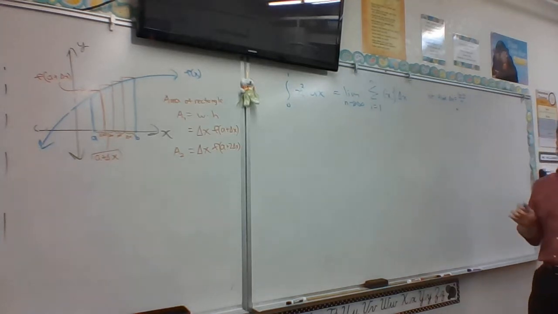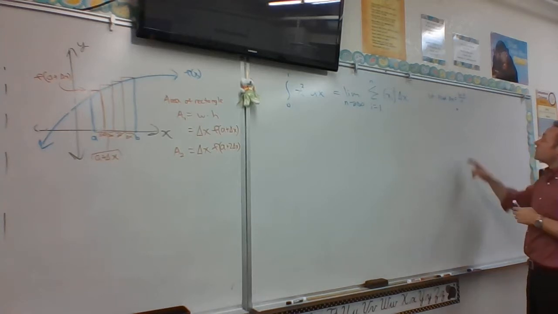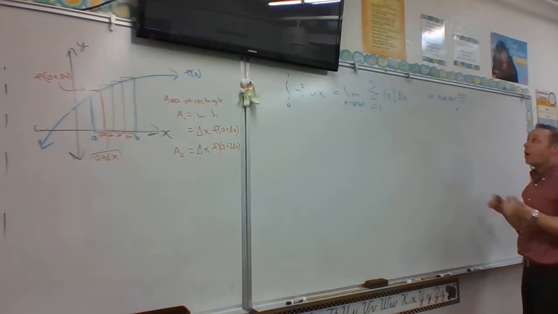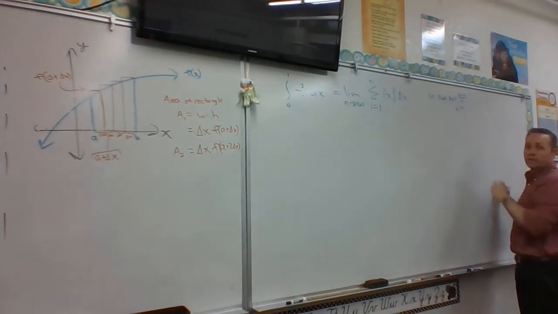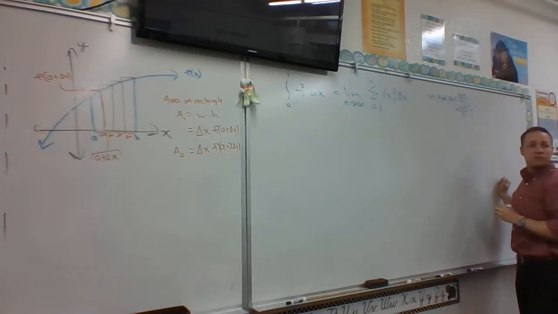No, it's going to be helpful to find x sub i. We have a separate formula for x sub i that you should have in your notes. Oh, this is the video. Yes. Sorry, they're right next to each other. So what's my b value? 1. What's my a value? 0. 0 divided by n. So delta x is